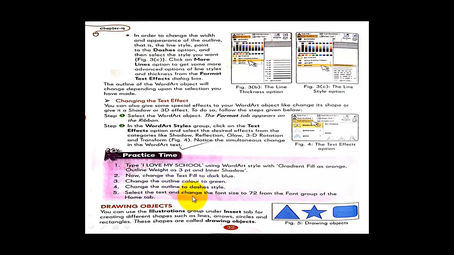Then select the text and change the font size to 72. Now you have to click on the word and change the font size to 72 from the font group of the home tab. Now you can do all these steps, 1, 2, 3, 4, 5, at your home